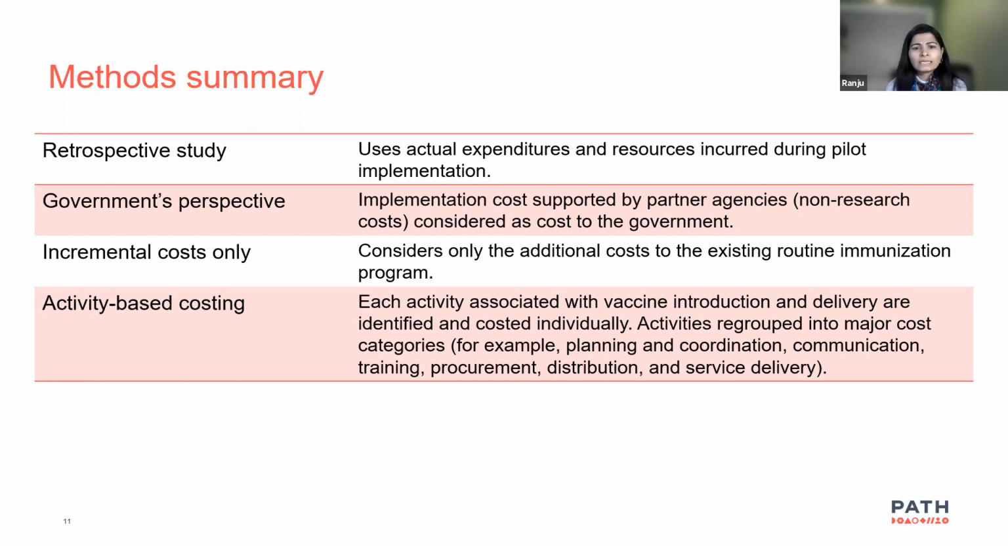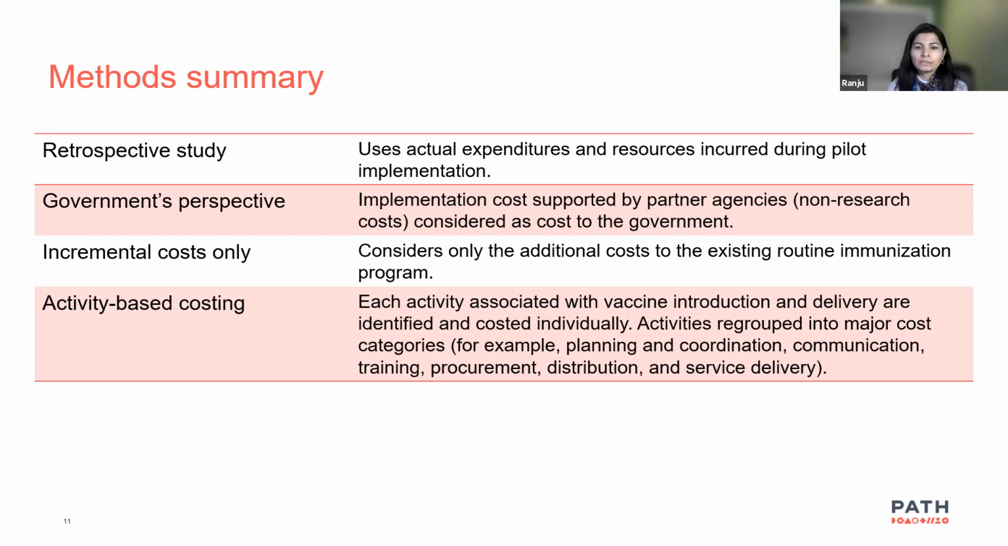for generating the cost estimates, and as we know that the direct expenses that were incurred for the vaccine introduction and delivery were supported by different donor agencies and partner agencies during the pilot implementation, but they were seen as the financial cost to the government, as these costs are expected to be borne by the government under the routine implementation. And we excluded the research specific cost and only included the expenditure that are commonly implemented within